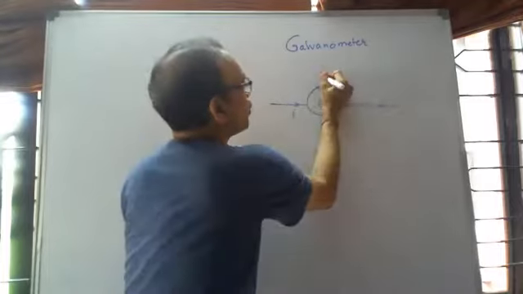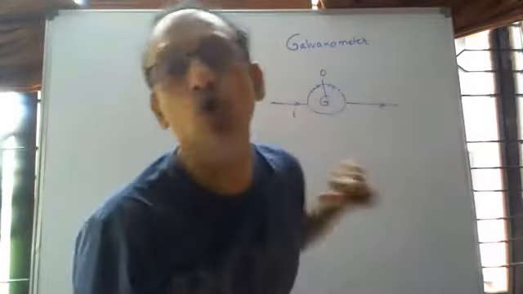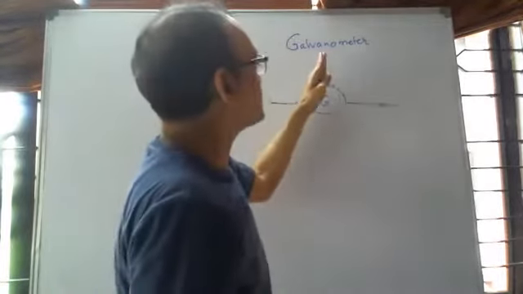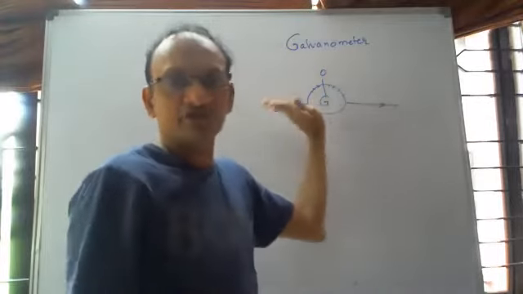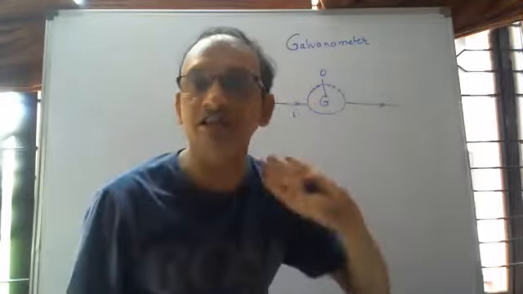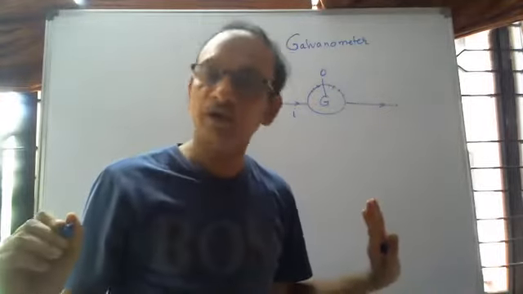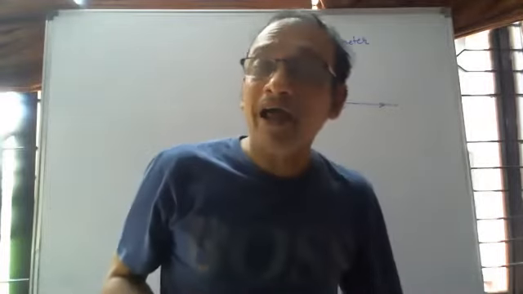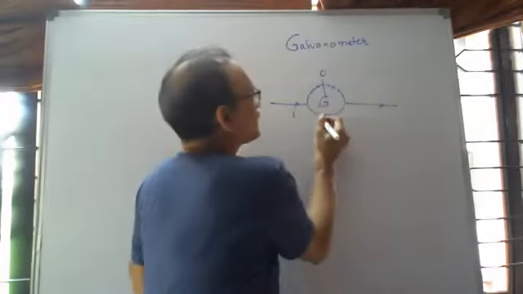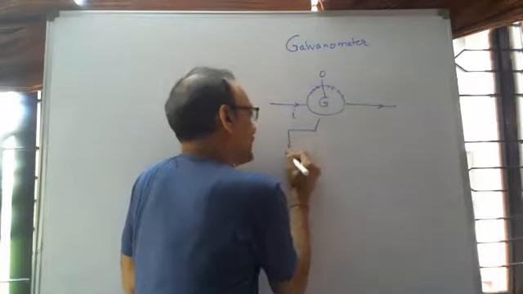If it is zero, this is zero deflection, that means there is no current in that branch. If it's showing deflection in one direction, it's current in one direction. If it's showing deflection in the other direction, that's current in the other direction, right? That's one. And I have discussed in the past that a galvanometer could be converted into an ammeter,